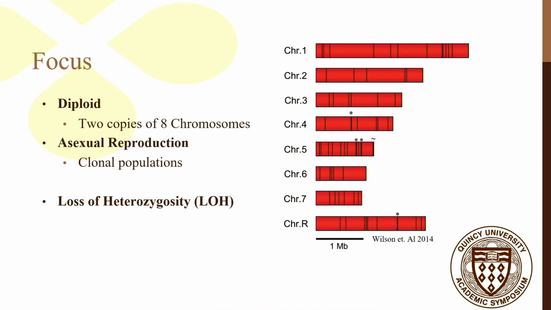Candida albicans are diploid. They are similar to humans. They have 2 copies of each of their 8 chromosomes. They reproduce by asexual reproduction, meaning that the parent produces an offspring that is genetically identical to itself without the fusion of gametes. Because of this, there is less genetic variability. They essentially create a clone of themselves. To this day, there has been no evidence that they can undergo sexual reproduction like some other yeasts can.